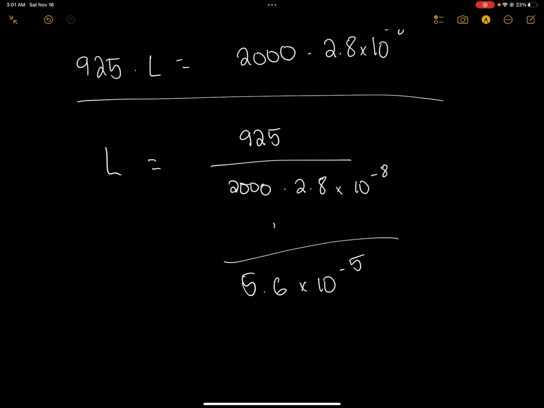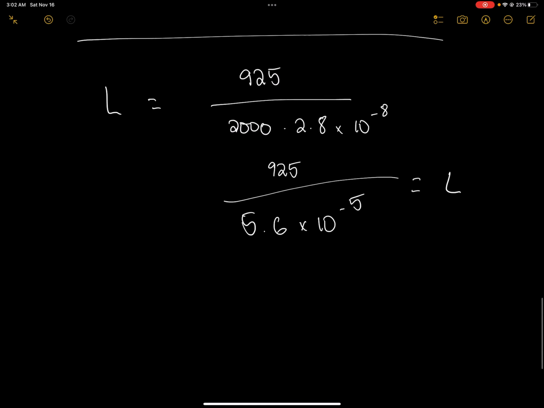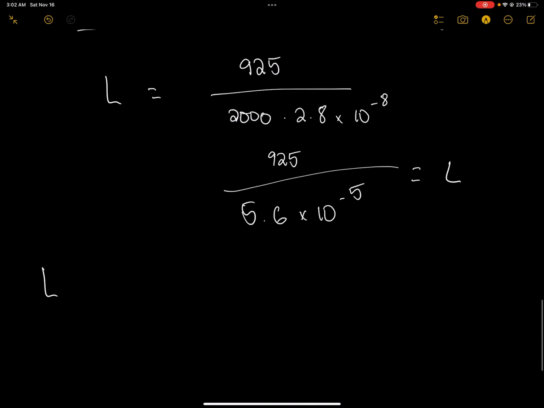So L is equal to 925 divided by 5.6 times 10 to the negative 5th. And this leaves us with a length of